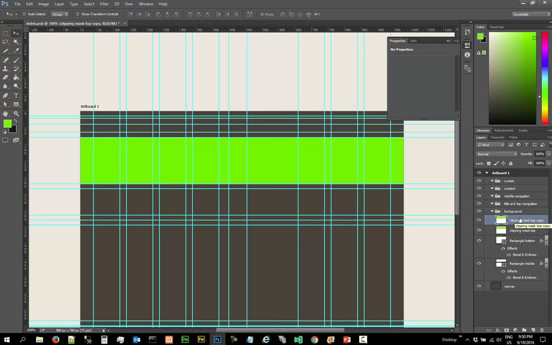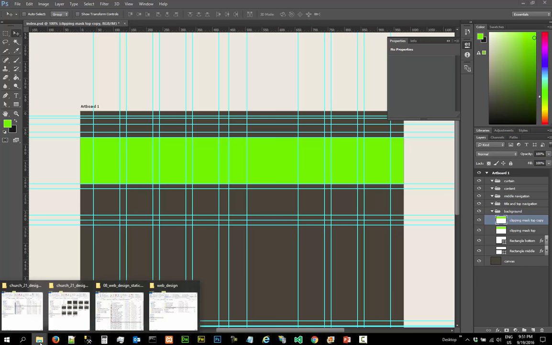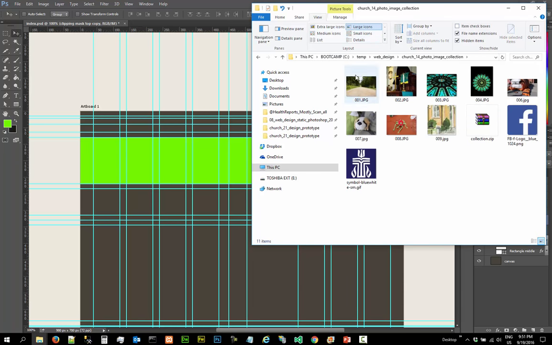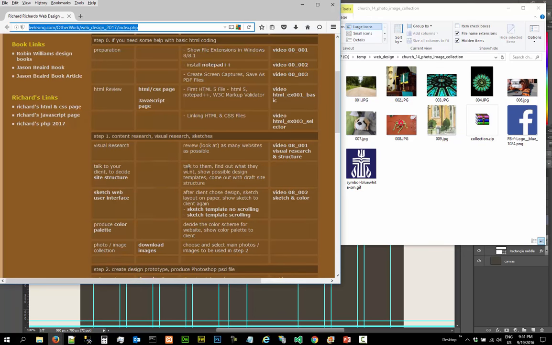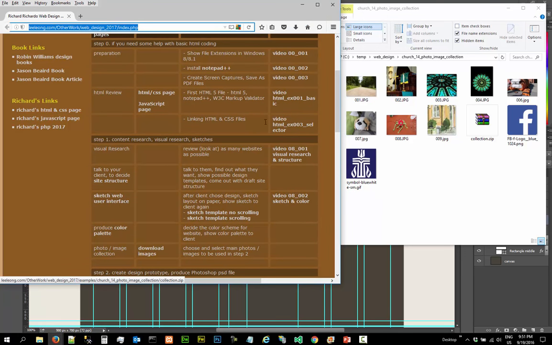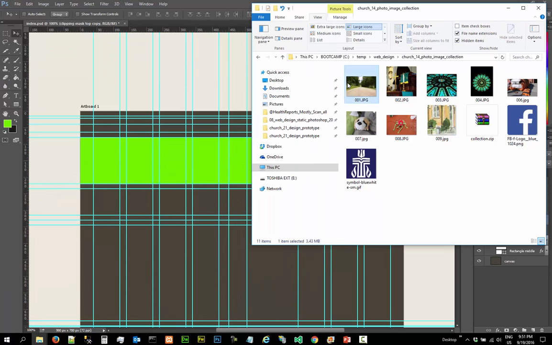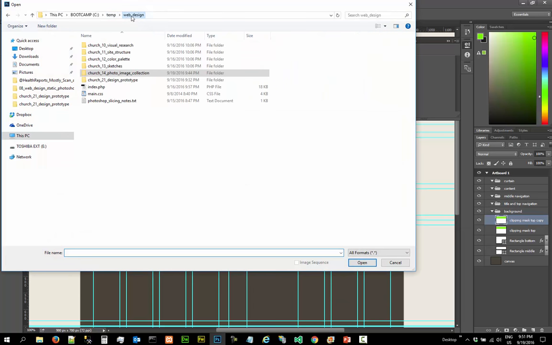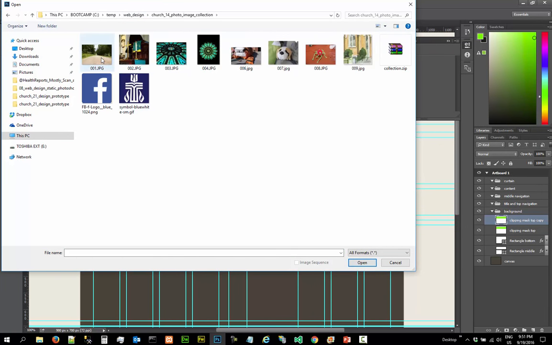Select the top clipping mask layer, the one on top, and before I move on, let's collapse this effect so that we don't see so many things here. Still select the top, and in our C10 web design folder, we have a subfolder that contains all the images that we need, which is downloaded from here. We need to use this and that. So let's try this one first. Let's do a file open. Navigate to your C10 web design folder, look for 001,